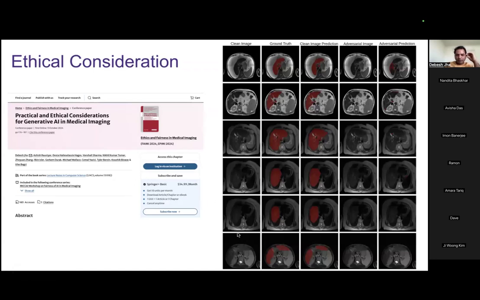And here, this is a clean image, and you have the ground truth, and this is the clean prediction from the U-Net. And we inject some noise here, and then we gave it to our radiologists. When radiologists compared the original image and the noise-injected image, they could not find the difference. But when we used the same algorithm, the prediction was really bad. This is due to adversarial attack, so we also work on this kind of domain.